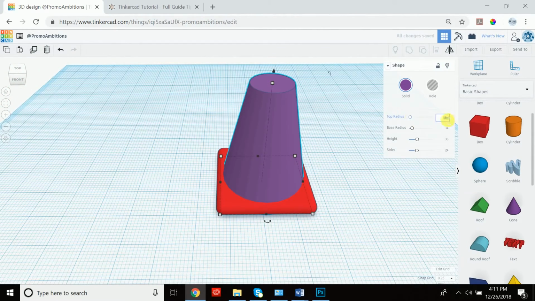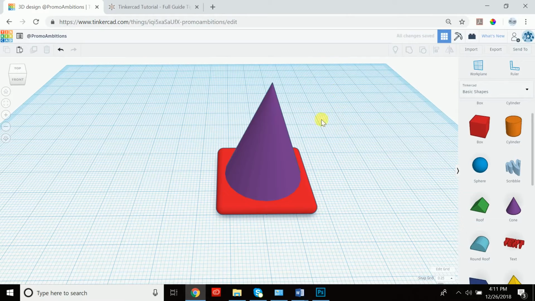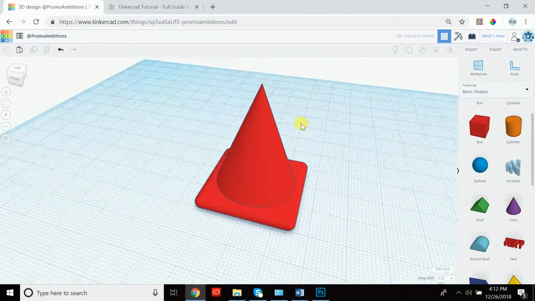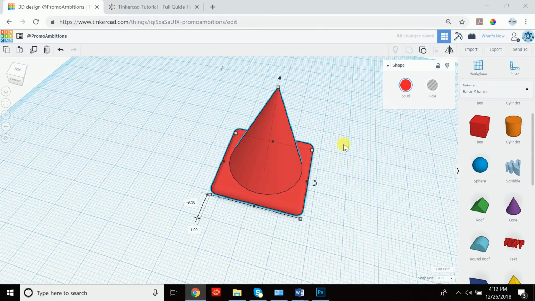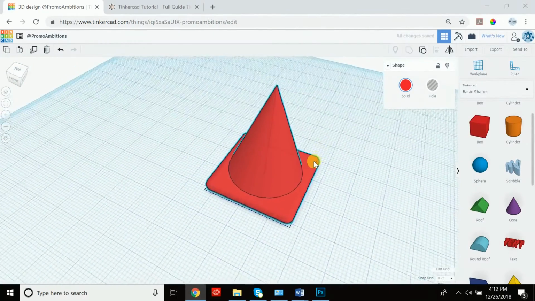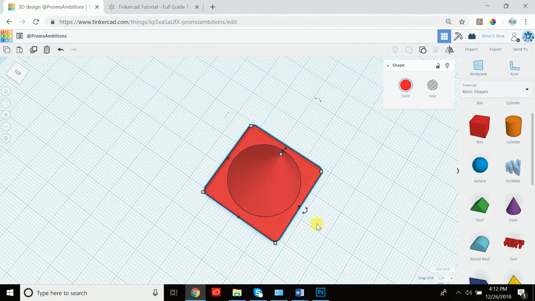at 0. And now what we're going to do is group this, because we like the way it's positioned and we want to lock it in. Once it's grouped, we see that if we try to move the cone, it moves together. Now we're not done quite yet, because a cone typically has a circle here in the middle, and it also